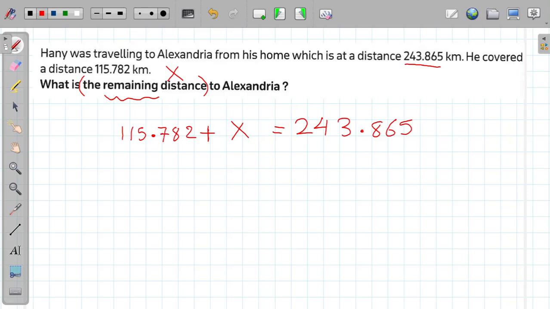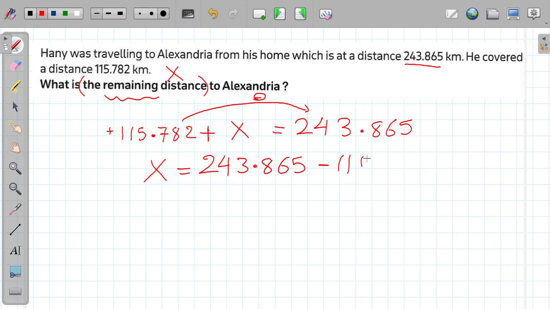So I will use the inverse operation, so I will send the number to the other side with the inverse operation. So here it's an addition operation, so I will send it with a subtraction operation, okay? So it will be x equals 243.865 minus 115.782. Okay, so the value of x will be 5 minus 2 equals 3, 6 minus 8 it can't be,